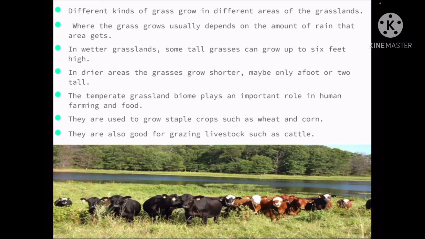There are different kinds of grass that grow in different areas of these grasslands, where the grass usually depends on the amount of rain that the area gets. In wetter grasslands, some tall grasses can grow up to 6 feet high. In drier areas, the grasses grow shorter, maybe only a foot or two tall. The temperate grassland biome plays an important role in human farming and food